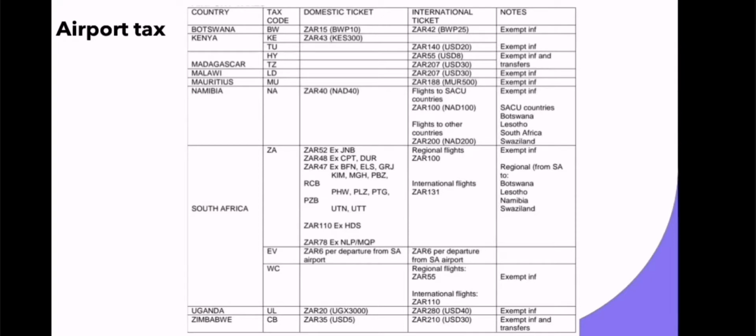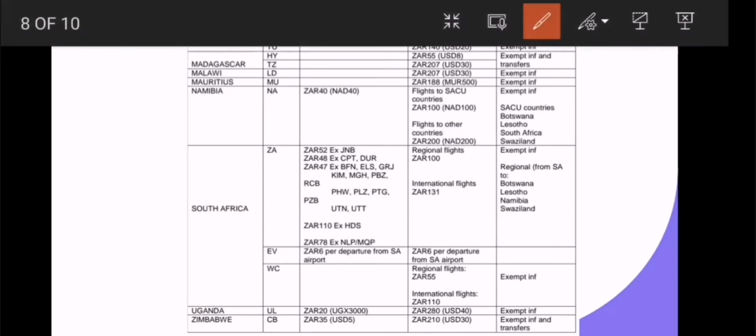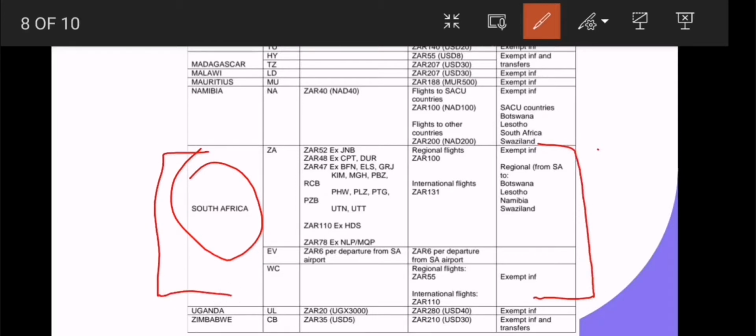Then you have your airport taxes. Your airport taxes will always be charged under your fare after you charge your VAT and stuff like that. We are going to be basically looking at the airport taxes that fall under this bracket here. So the first tax that you will be charging will be charges for departures from specific cities. So you come here and you look how much do you charge for departure from each